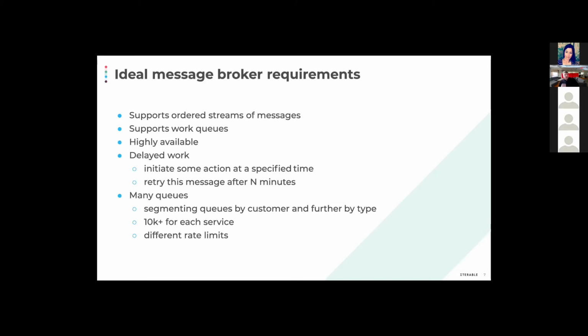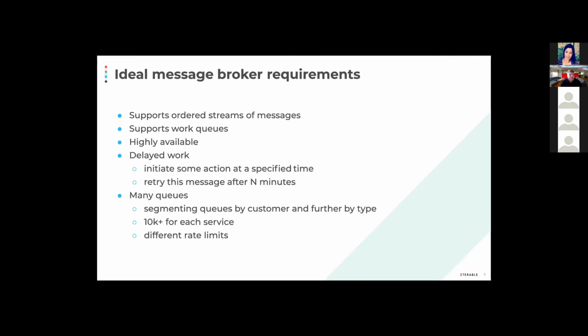multiple systems. We also want support for simple work queues, and this is probably the most common use case we have. For example, queuing sending an email, triggering a webhook, executing a step in a workflow, etc. And for that, we don't care about ordering, and we mainly used RabbitMQ for that until recently, and in a few cases we've used